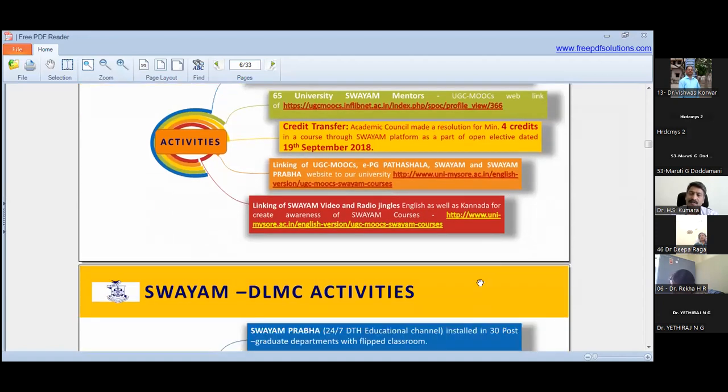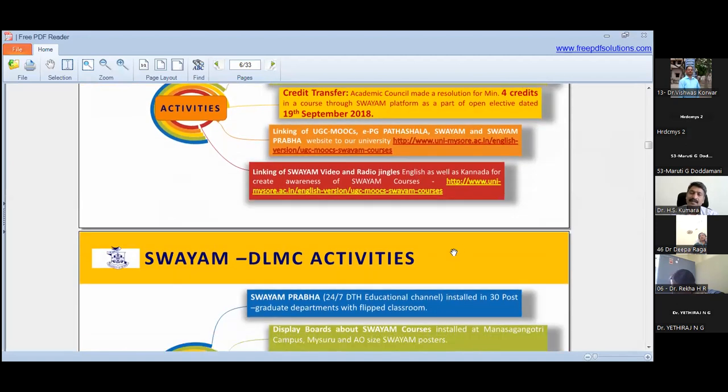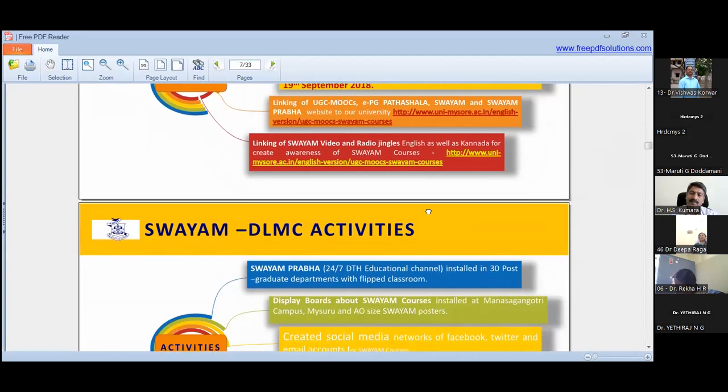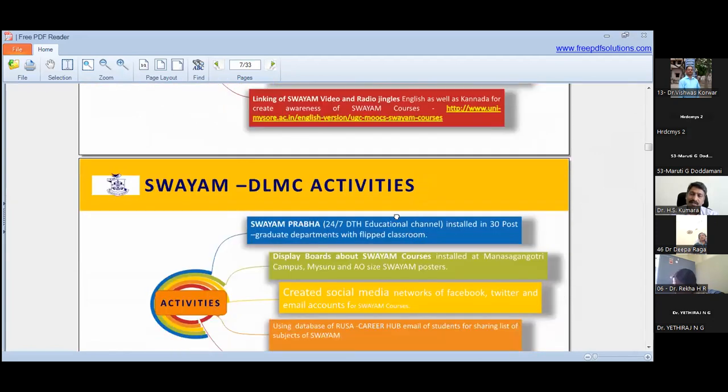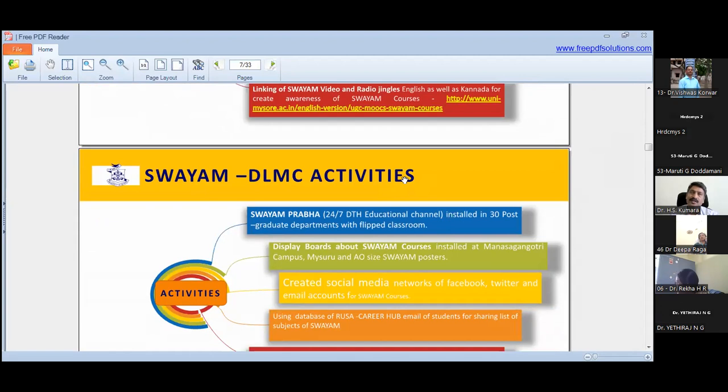Then from the University Grants Commission, they printed A0 size Swayam posters. Probably anybody familiar with our university will have seen them in each department, in the guest house, or in public places wherever students gather; there are A0 size Swayam posters. The Government of India, Ministry of Education, took the initiative, printed all the posters, and sent them to all the universities. The university has to create awareness and post them where students gather, such as notice boards.